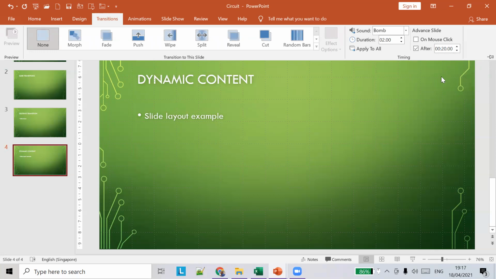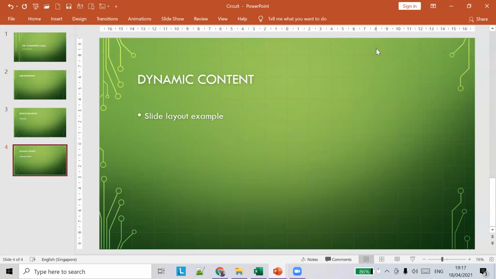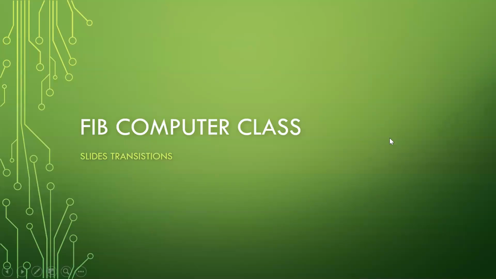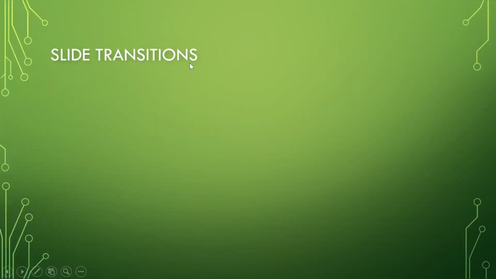So what I've done is I've chosen 20 seconds for each slide, and it moves automatically. I go to the first screen, and I'm waiting for the slide to move on automatically, but it takes too long. I don't want to wait such a long time because there is nothing on the screen to explain. So we apply 20 seconds for every transition, but I don't want to wait on this empty slide for 20 seconds.